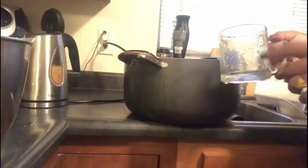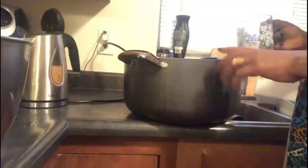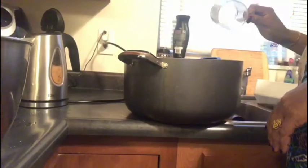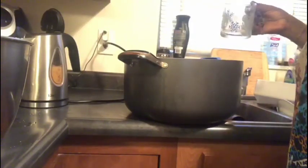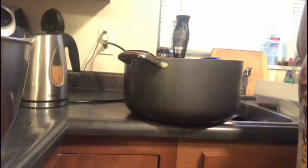Then this is 12 cups water I put here in the bowl. So right now I put it on the stove and then I cover it, and when it's boiling I add the sugar